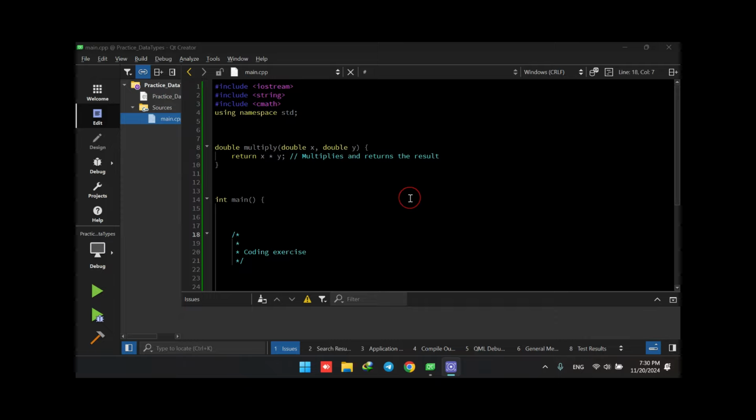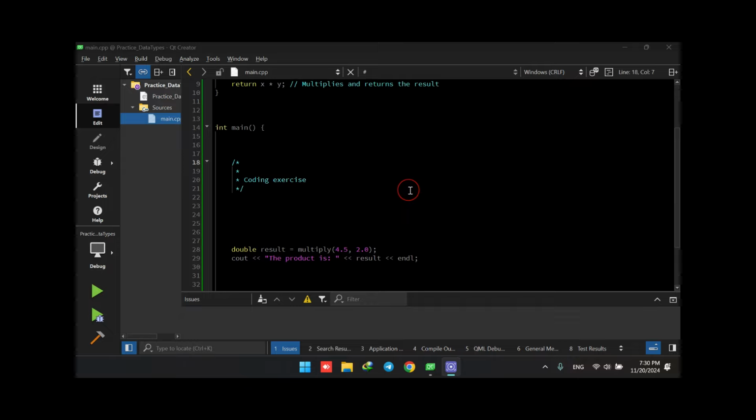Hello everyone, welcome back. In today's video, we are going to do another coding exercise. We would like to write a function that does the multiplication of two double numbers. Previously, we learned how to multiply two numbers. However, using a function can help us have more efficient code. We don't have to repeat a certain block of code repeatedly throughout our main function in order to perform a specific task for us. Using a function, we can define the function once and use it several times in the code,